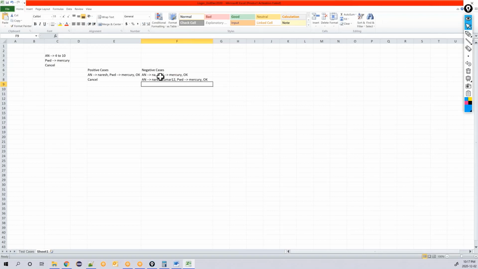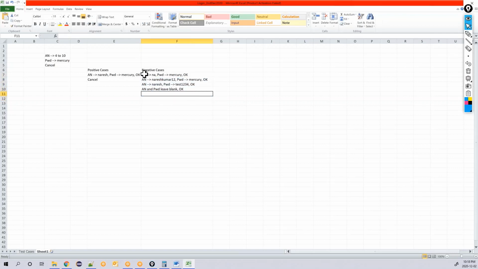Now you have applied equivalence class partition for both. Now I will take password as wrong. That means I will enter agent name as Naresh, password as test1234, and click on OK. Here password is wrong, but agent name is correct. Now I will leave agent name and password blank. You are not going to enter anything, and then click on OK, which is also called a negative case.